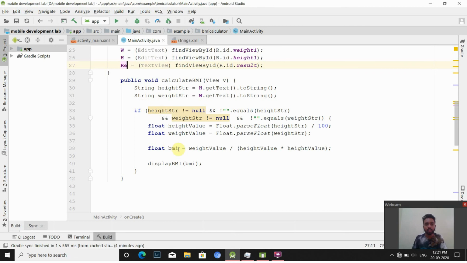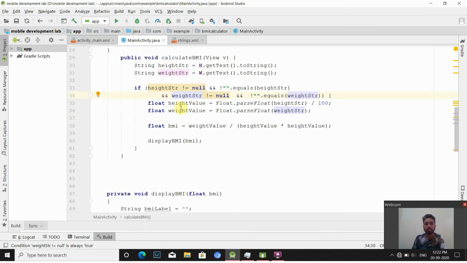Using if conditions, I am taking the values now. Let's say if initially the height string is null, then we have to store the value given by the user in the height string, and we have to do the same thing with the weight string.